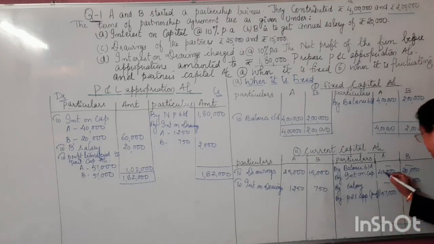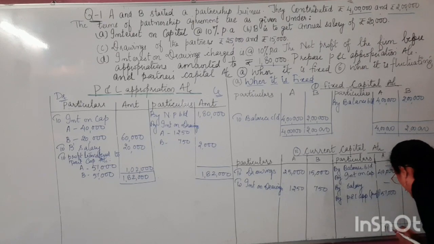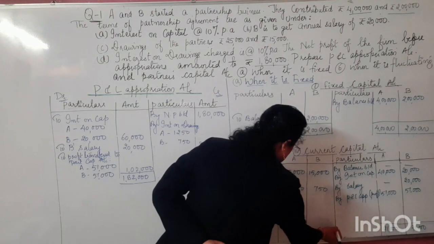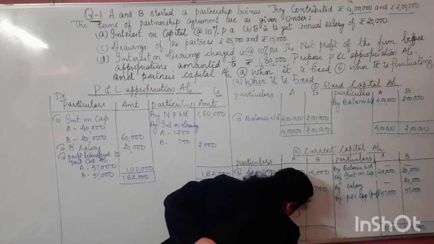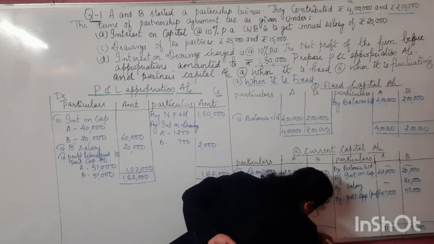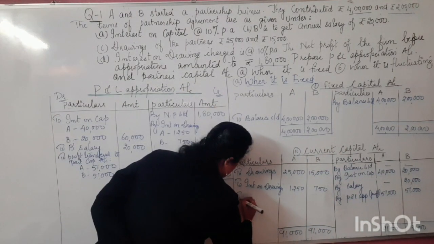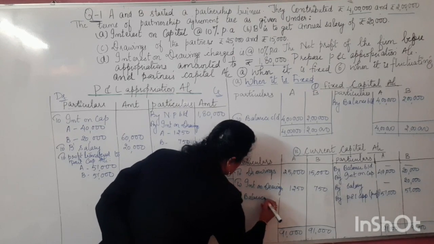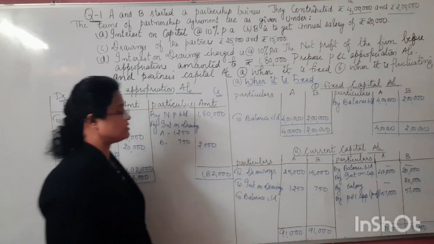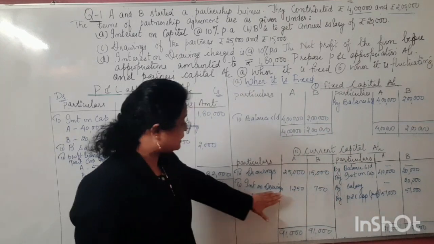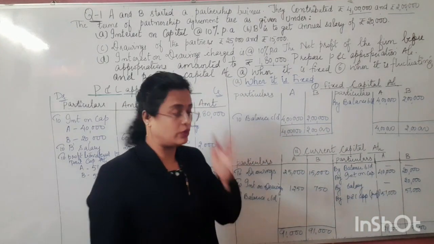Okay, so therefore I'll get the total on this side 91,000, and the same here: 20 plus 20, 40, plus 51, 91,000. Okay, this is the total which I'll be getting over here. Now let us write the total equal on both the sides. Maximum side's total 91,000, and here also let's write down 91,000. Okay, so we will have here, to balance carried down. Okay, to balance carried down means 91,000 minus this. Take the amount of A's column and deduct it from the amount of the debit side's A's column only. Okay, don't get confused in this.